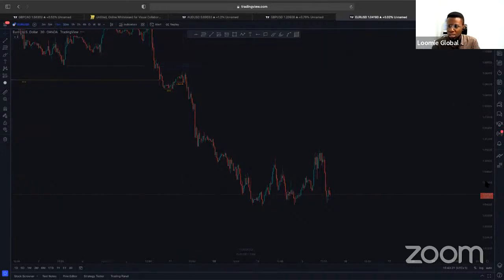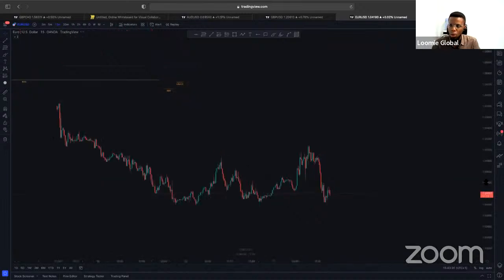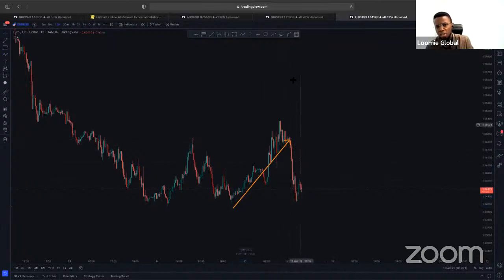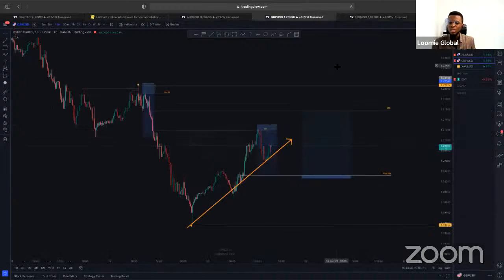Now, because two pairs are directly correlated does not mean that they'll be doing the exact same thing. That when one is buying, the other one must be buying at the exact same time, right? But we can still see that same significant move happening here, just that Euro USD is acting differently. Each currency pair may have the same direction, but they have subtle nuances in their behavior, right?